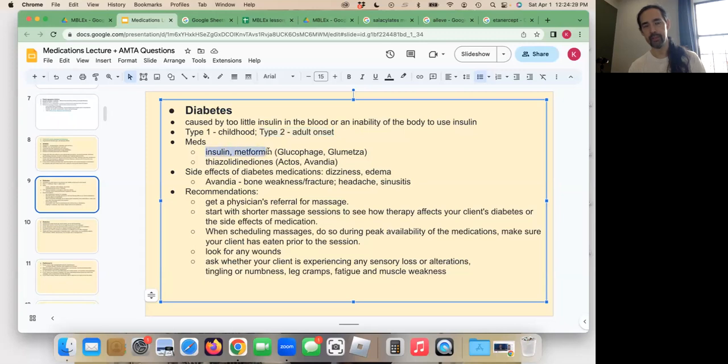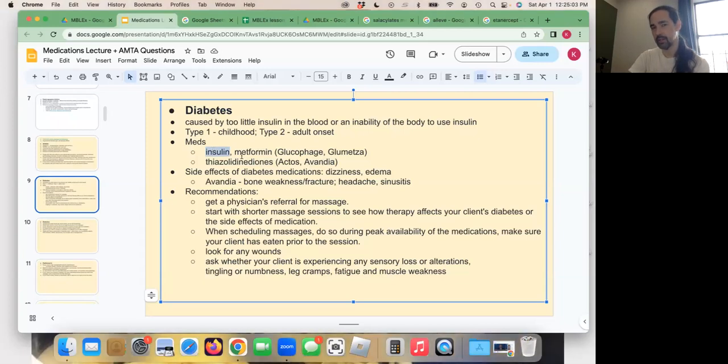So the main drugs which are used to treat diabetes are insulin, metformin, and thiazolidinediones, which go under the brand name Avandia. I don't think that you need to know metformin or thiazolidinediones or Avandia, but you definitely need to know insulin. But if you hear the name metformin or Avandia on the test, you know that the drug that those are treating is